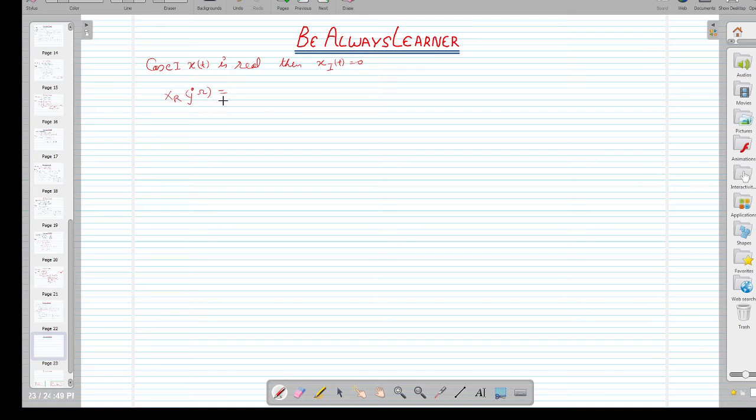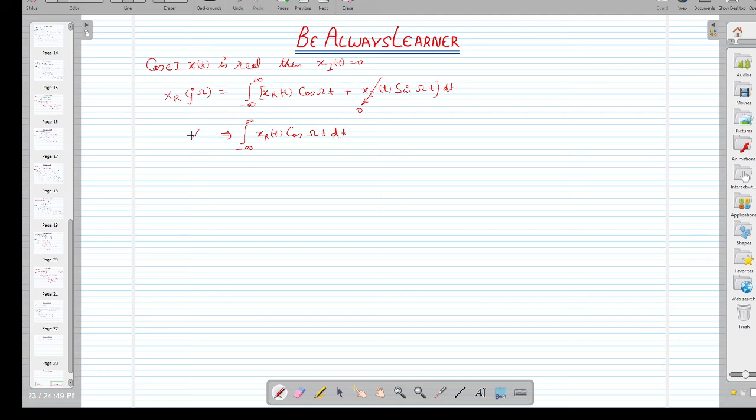so that you are convenient to get it. We derived this equation that from minus infinity to infinity x_r function of time cos of ωt plus x_i(t) sine of ωt in the bracket dt. Now we are having imaginary part 0, means this part is 0. If this part is 0, we are landed with the situation that integration from minus infinity to infinity x_r(t) cos of ωt dt.